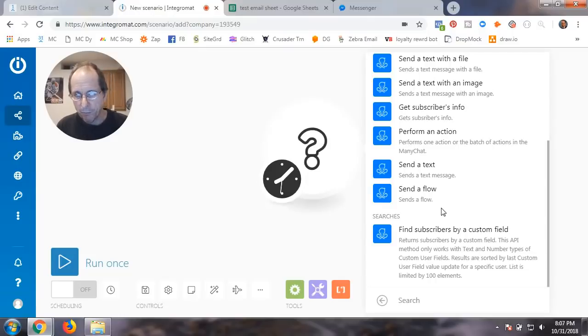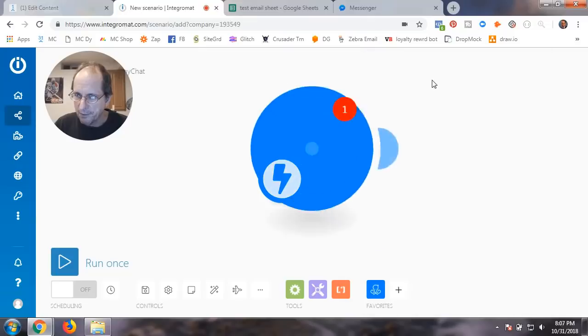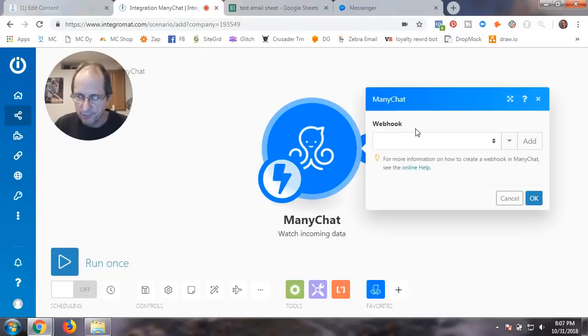You'll find out in the next few steps here, you're actually going to bring in the public API from ManyChat to bring it in here. And so what happens is it opens up a lot of things that you can do with the public API within Integromat. So that's what I'm saying, there are some advanced things which are really cool. So we're going to pick this top one here, and it's going to ask for a webhook. I have a few of them already defined, but I'm just going to walk you through. Let's say I didn't have any. I'm going to say add,